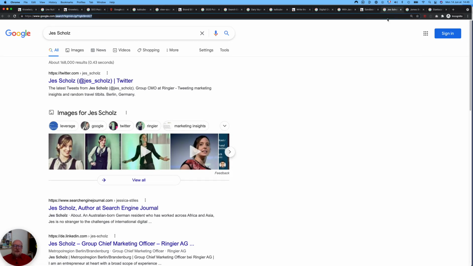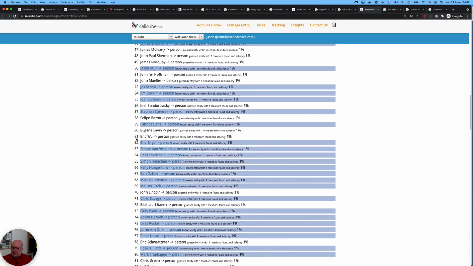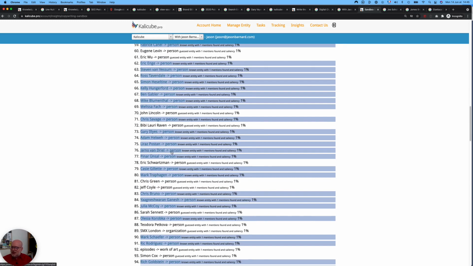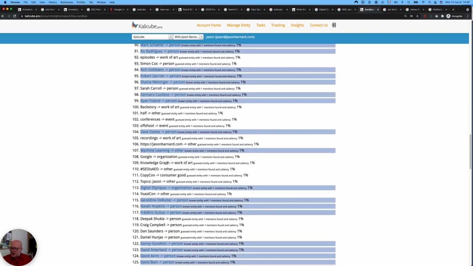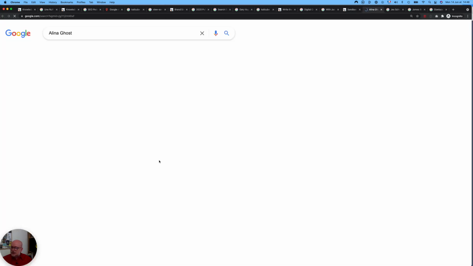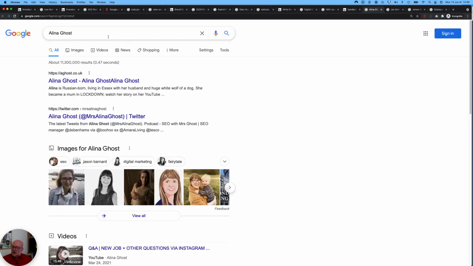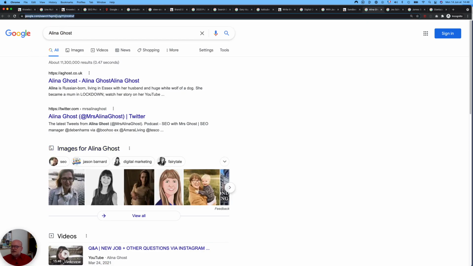And we can find it just by writing clear, contextually unambiguous text, and then listing people or things or companies, I would imagine, into that. As I go through here, there are loads and loads of people. Alina Ghost. Once again, no knowledge panel, no explicit recognition, except for the fact that it's linked the KGMID, knowledge graph ID, to the name of the person. There you go. So using those techniques, you can find the knowledge graph IDs that you need in order to